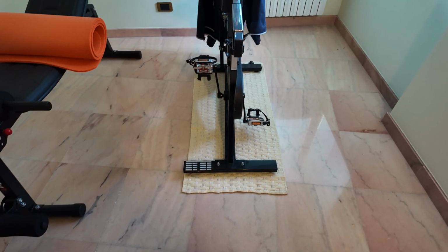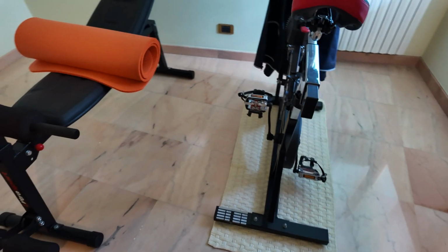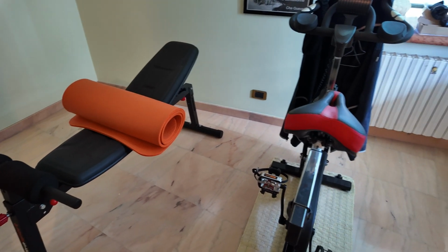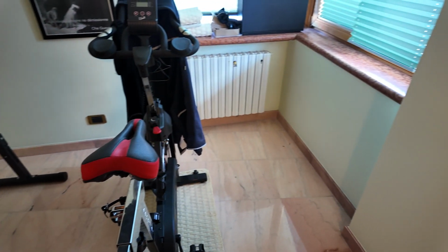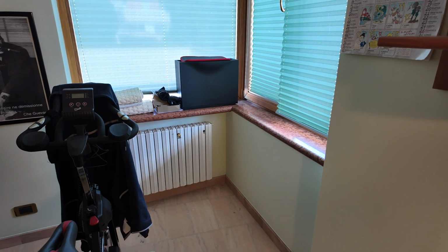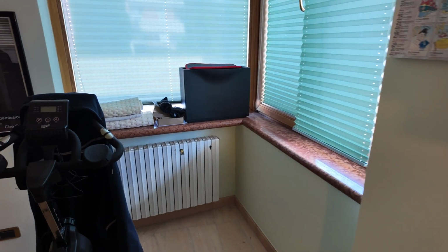It's perfect for a little gym. You got a little bicycle here. You got a little lifting bench. It's just enough room. It could be a beautiful studio. There's windows on both sides that's going to let in a lot of light. So if you wanted to use it as a painting studio or arts and crafts or something like that, you